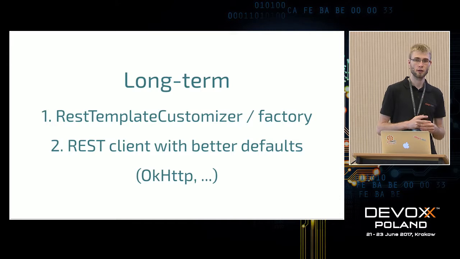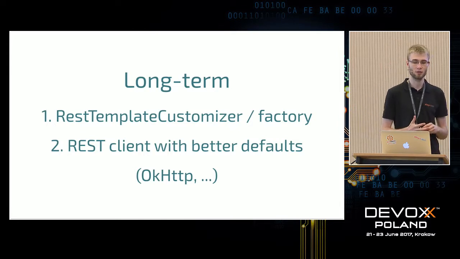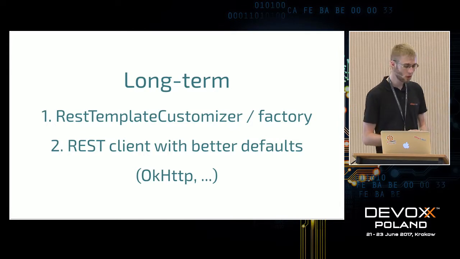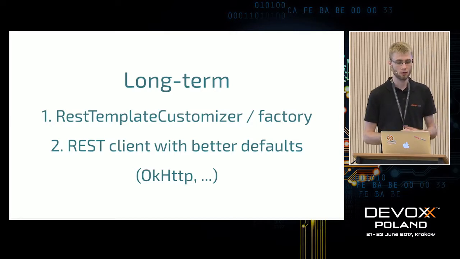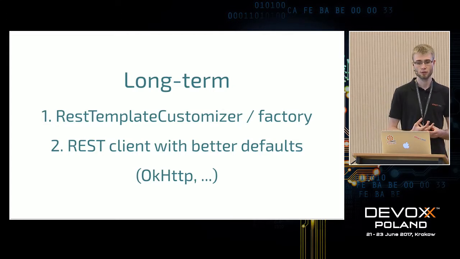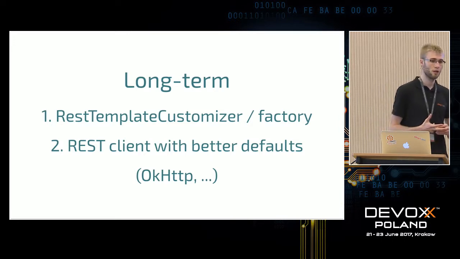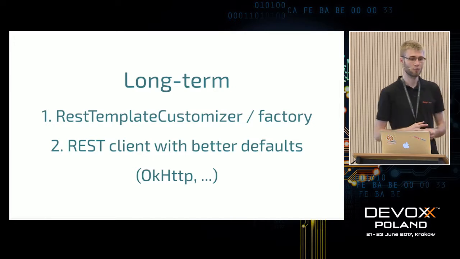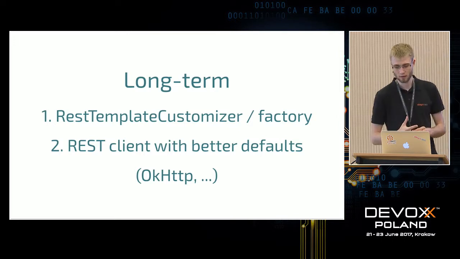Or maybe we can create our own custom factory and just tell everybody in the company, hey, use this factory instead of saying new REST template, because the defaults are not right. Or perhaps just switch to using better REST clients. Better, I mean, with more reasonable defaults. So like OkHttp, which I believe has a default of like 10 seconds. So for sure, 10 seconds is not the right timeout for our application. For sure, we need to tune it, but if we forget about it, it's still better than infinite.